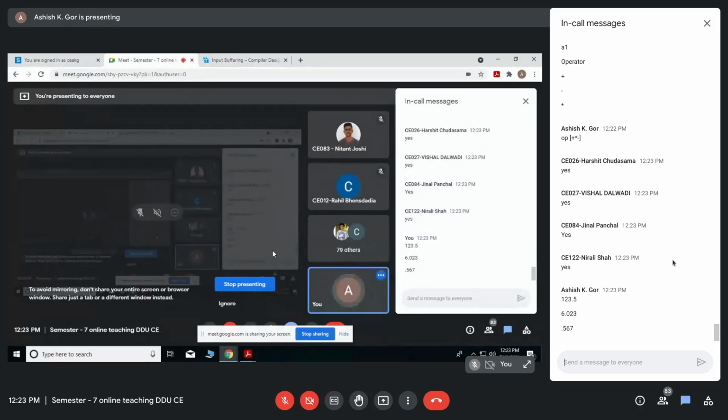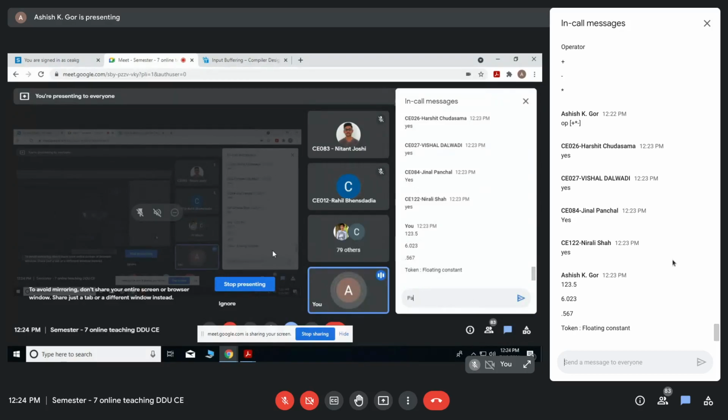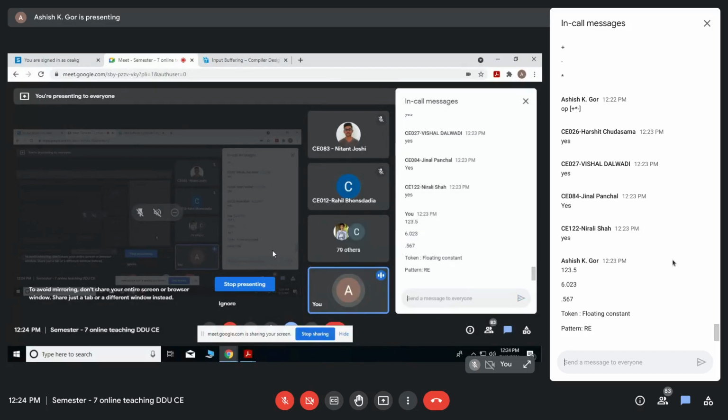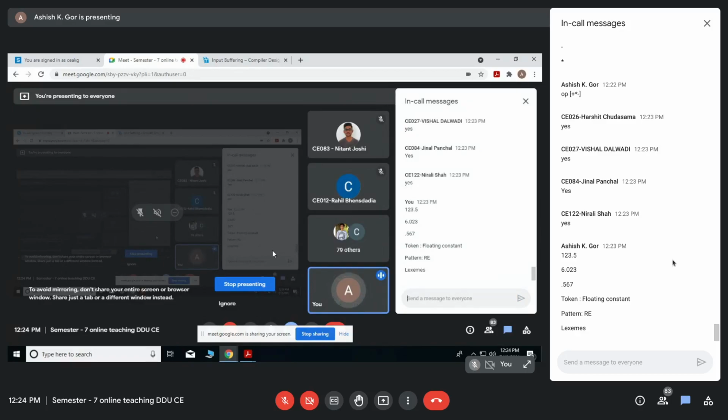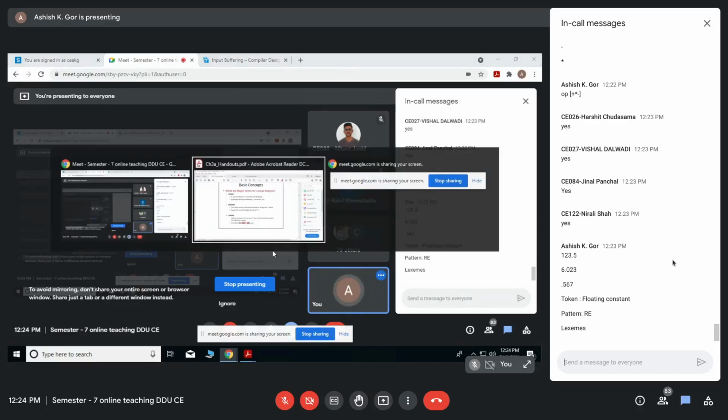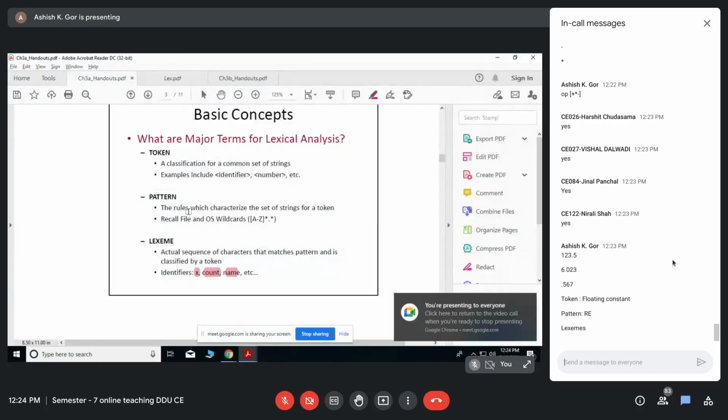Which token do these belong to? Floating point constant. The name of the token is floating constant, the pattern is the regular expression I mentioned earlier, and these are the lexemes, like 123.5 and 6.023. Basically, these are the things identified by those patterns.